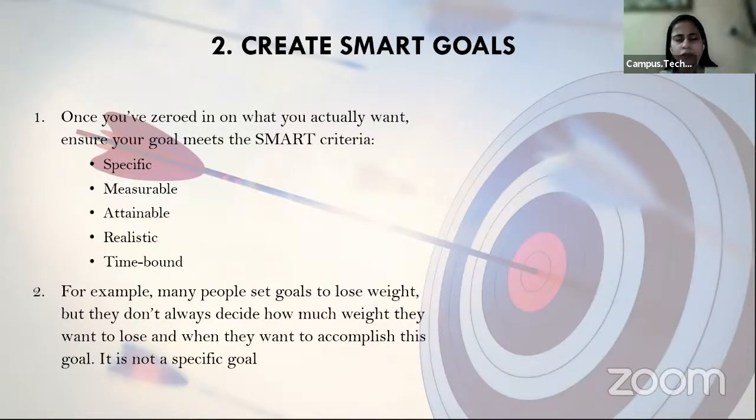This cannot be a goal. Every person who thinks that he or she has gained a lot of weight keeps on saying, I want to lose the weight, the weight is not getting reduced, my goal is to lose the weight. But what steps have they taken? Have they set any smart goals towards reducing the weight? No. A generalized statement cannot make you achieve any goal in your life.